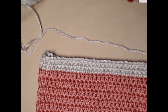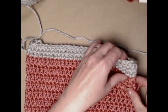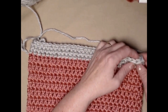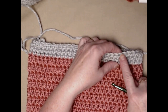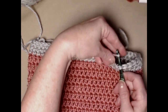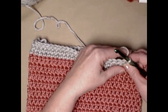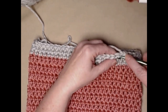So what we need to do is lay our bag flat, making sure everything's lined up, and then we're going to count over from this corner 6 stitches. 1, 2, 3, 4, 5, 6. And in that 6th stitch, we're going to join the color we chose for our handle and chain 1. We'll hold that down, and then we'll single crochet